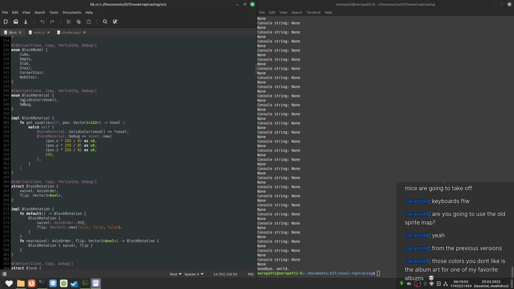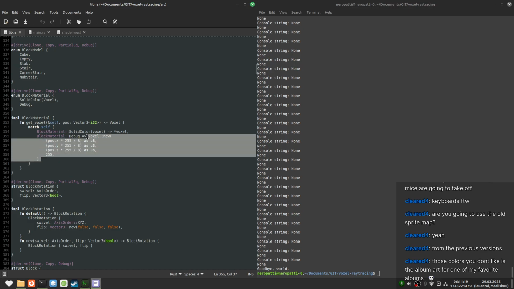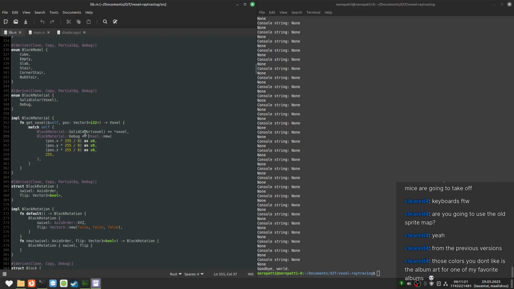So on the material, if the material is a solid color, then we just return the color, right? Easy. But if the material is debug, then we do this math and return a color based on that, right? And if I wanted to do another material, then I just define this function, right?